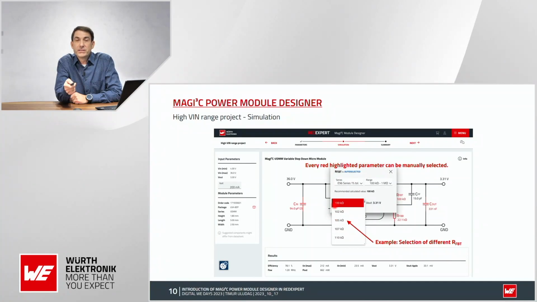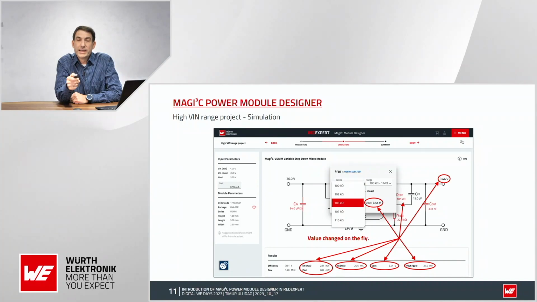By default, we are at 100K here. We go for the E96 series. This is the one with 1% tolerance. But you can choose here also 102, 105, so the E series you can select here. If you then select another resistor here, then you will see if we change from 100K to 105K, the output voltage here will change immediately at